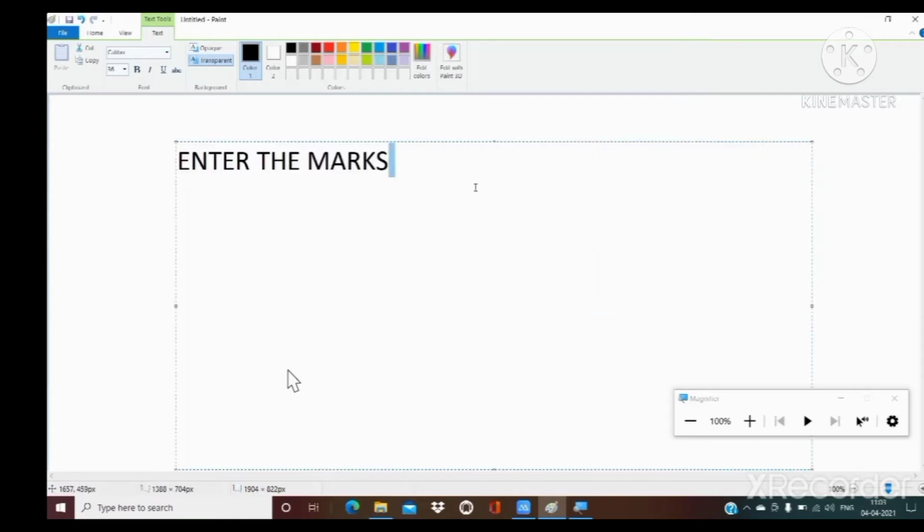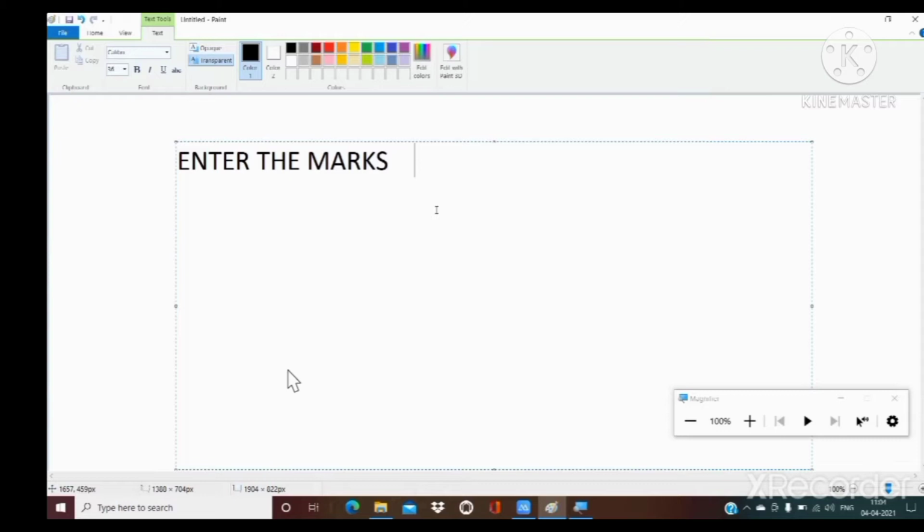After that the user enters some marks like 50, and we have some program code which evaluates the grade for the user.